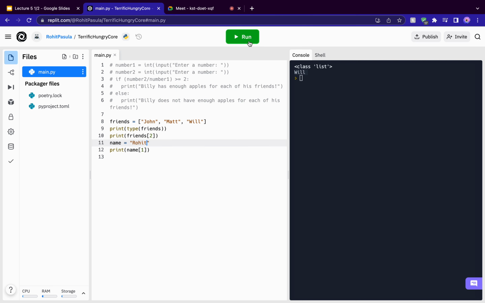So if I do 1, run that. It's still printing Will, because over here we still have this. And then right here, name at index 1 is an O. So if I change this to a 0 and run it, there you go, R. So yeah, that's indexing. You can index into a specific string, you can index into a specific list, but you